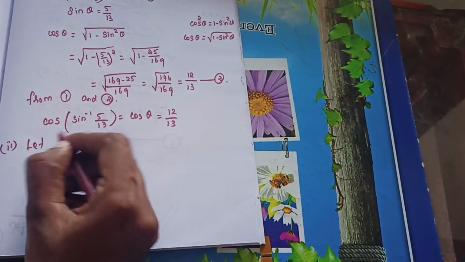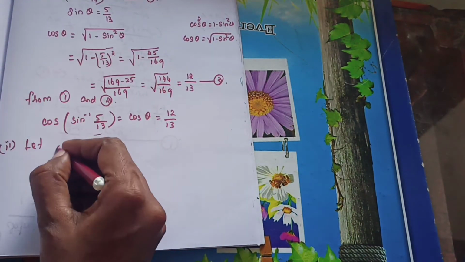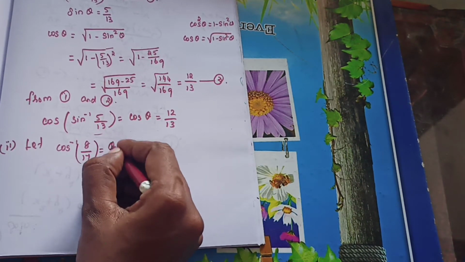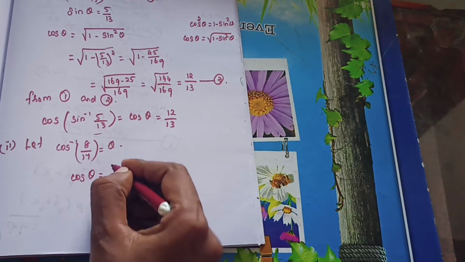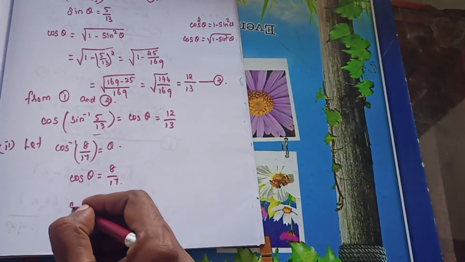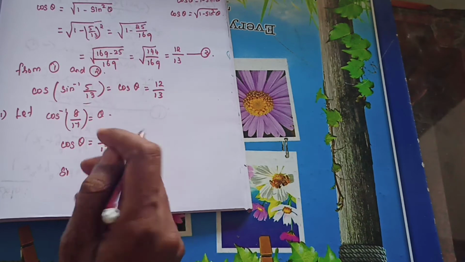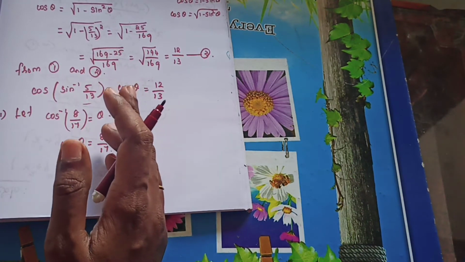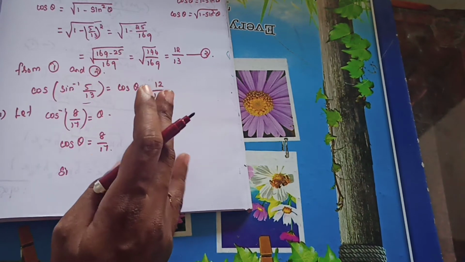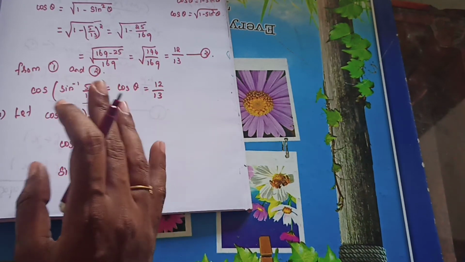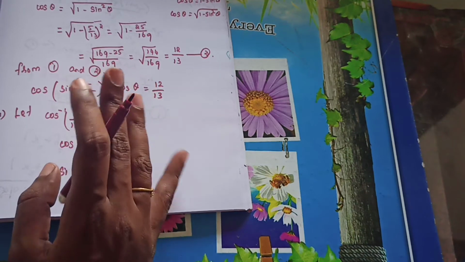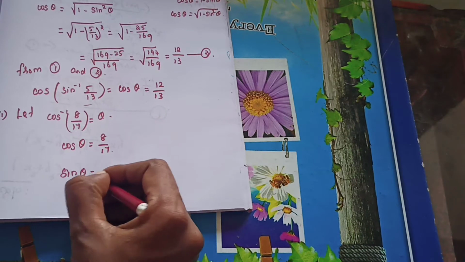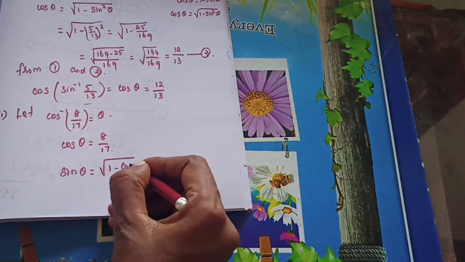Same as this one, you consider what is inside the bracket: cos inverse of 8 by 17 equal to theta. So what's the value for cos theta? 8 by 17. From this you need to find the sin theta value. Here keep in mind, outside is tan. In the last problem, whatever is outside the bracket, that value you found. Here we are doing for tan, and we can't do it directly. We only know the formula relating sin and cos, so we find the sin theta value first. Sin theta means root of 1 minus cos square theta.